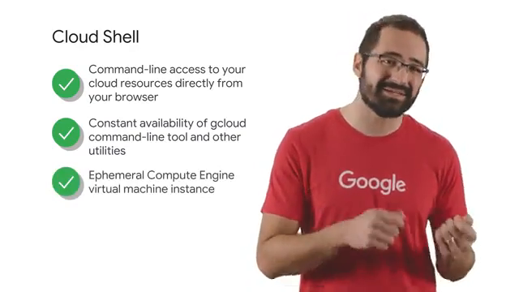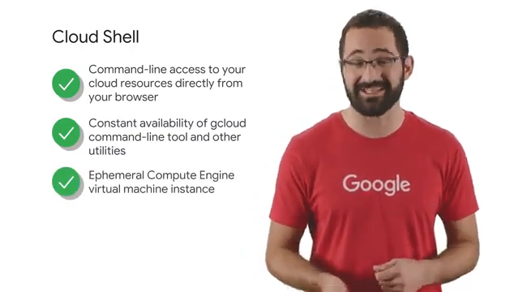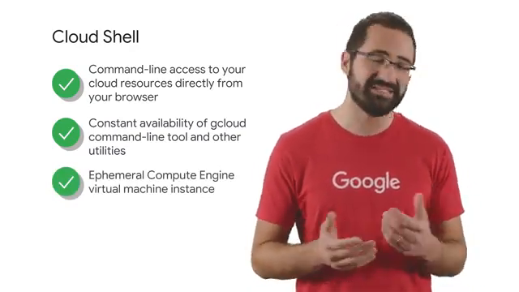So how does Cloud Shell do that? It's built using a Compute Engine virtual machine instance that you're not billed for. Each GCP user has one. Your Cloud Shell virtual machine is ephemeral, which means it'll be stopped whenever you stop using it interactively, and it'll be restarted for you every time you re-enter Cloud Shell. So you wouldn't want to run a production web server in your Cloud Shell, for example.